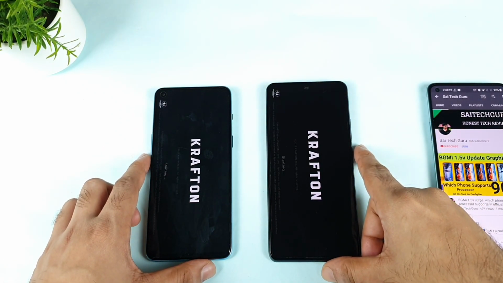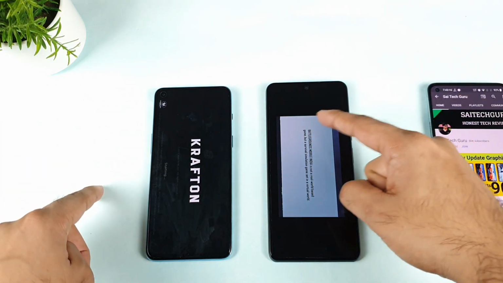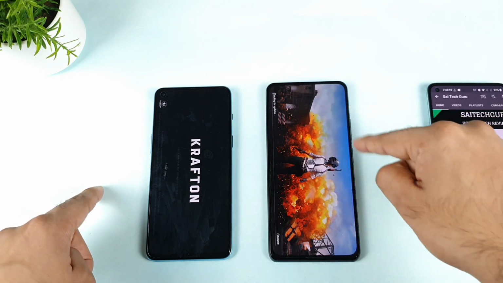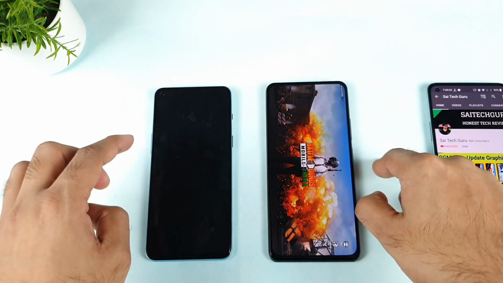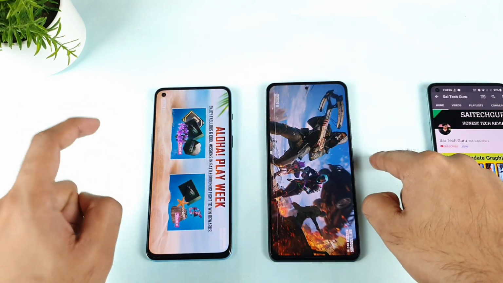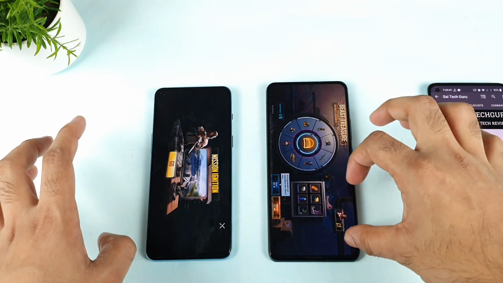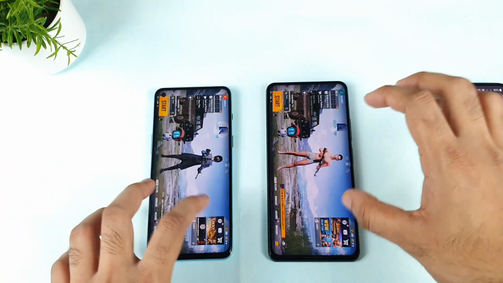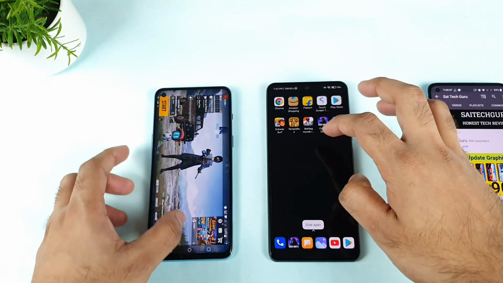Battlegrounds Mobile game. And I did not add these games into any kind of game turbo, nothing at all. The first phone to open, in terms of showing us the logo and everything, is the MI11X device. Second is the OnePlus Nord 2. Let's see the login page, which phone will be able to do the login first, MI11X or the OnePlus Nord 2. Yes, MI11X did open the login page faster than the OnePlus Nord 2, not bad. Just a little bit of difference is there. Let me go to the home screen right now.